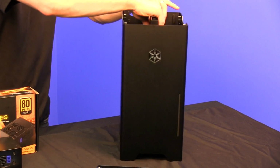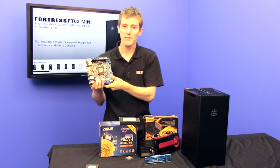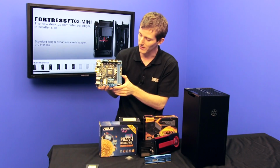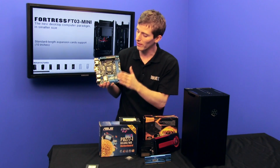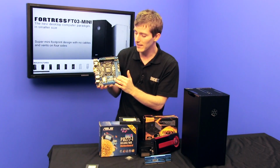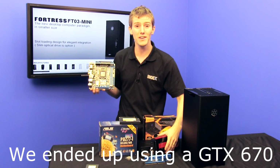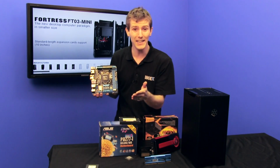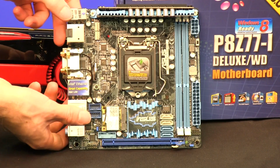We've also gone with the ultimate ITX ASUS motherboard. This guy right here is the P8Z77-I Deluxe. It is an ITX board that supports the fastest 3770K processor on LGA1155, 2 DIMM slots, which will be loaded up with 16 gigs of RAM, PCI Express 3.0, which will be populated with a Radeon 7970, built-in Wi-Fi, built-in WiDi, which means you can do wireless display, SATA 3, all the features you've come to expect and